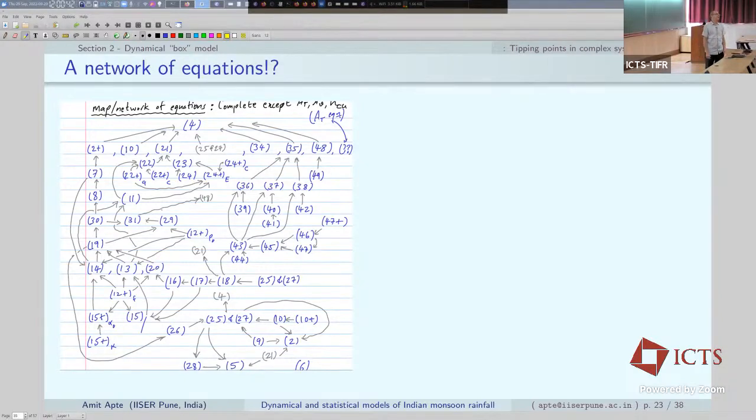So what happens is the following. As I said, the albedo changes the incoming radiation. The incoming radiation changes the evaporation rate. The evaporation rate in turn changes the amount of water vapor available. That changes the cloud cover. So now that's a loop in some sense, right? And each of these relations has to be codified into